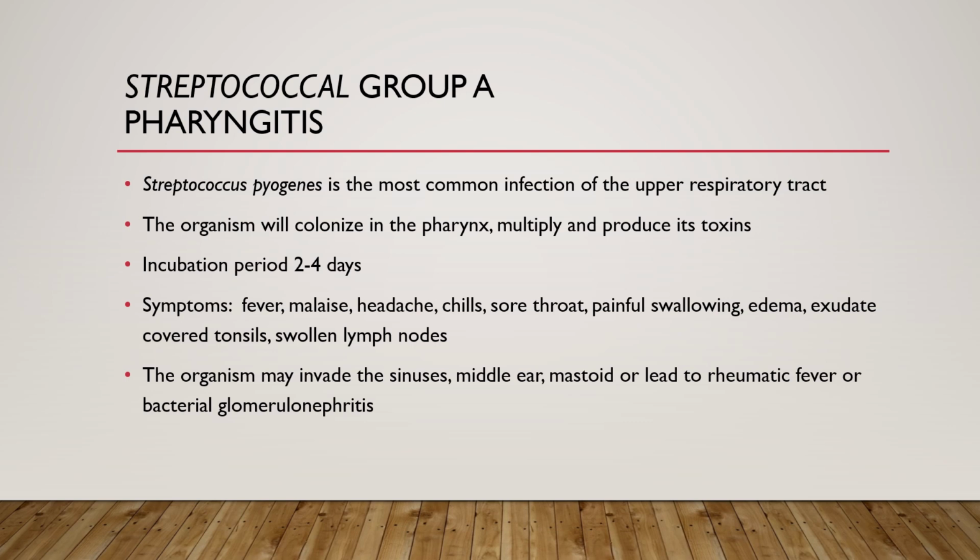Strep throat, or streptococcal group A pharyngitis, is the most common infection of the upper respiratory tract. The organism will colonize in the pharynx and multiply and produce its toxins there. The back of the throat above the epiglottis is called the oropharynx. What you're looking for there is white spots on the tonsils, a grayish furry tongue, a swollen uvula, and even